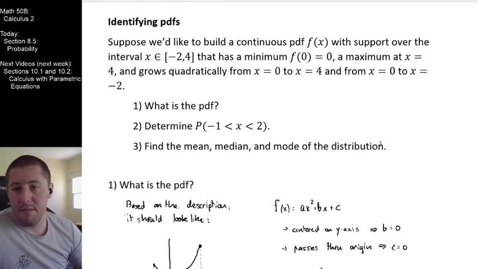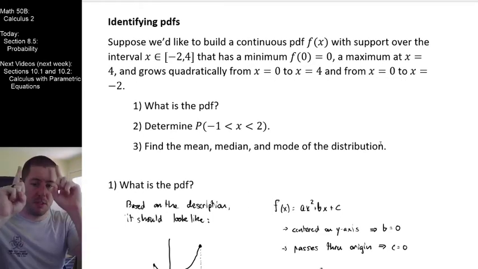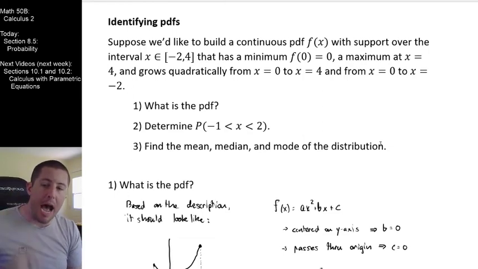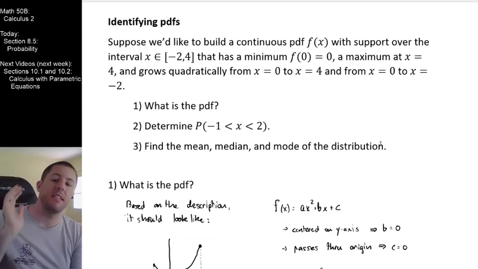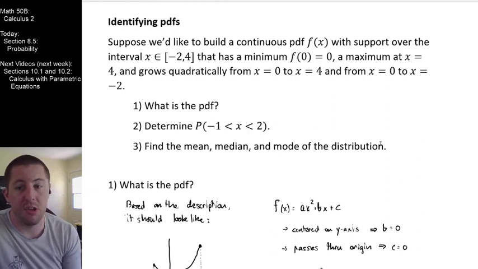That's all I have for you guys today for probability. So where are we coming up next? Let me just talk through this real quick. Chapter 9 is the chapter on differential equations. That's an entire class that you guys are going to take next year. You should really do it.